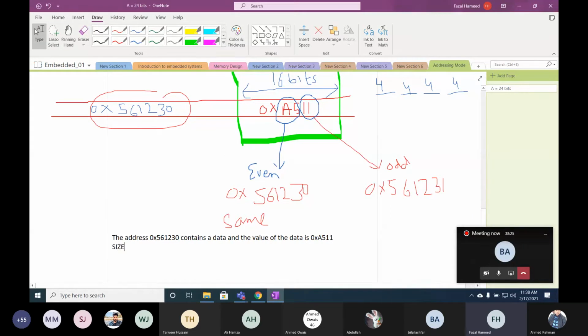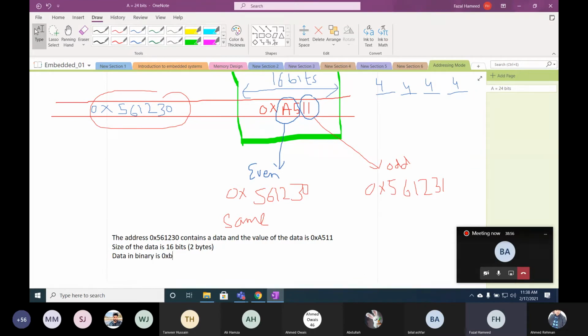Okay, the size of the data. So now we can say the size of the data is 16 bits. So how many bytes? 2 bytes. Okay. Now, what is the data? So what is the data in binary? So the data in binary is